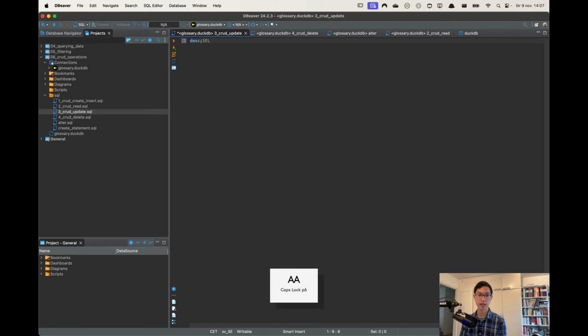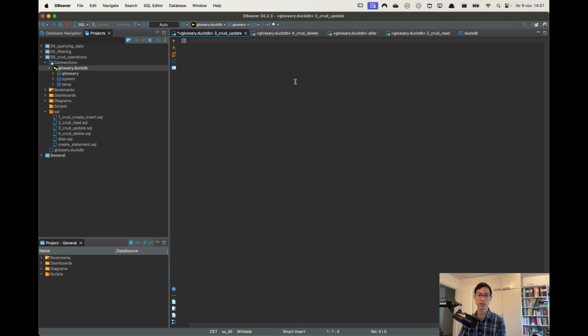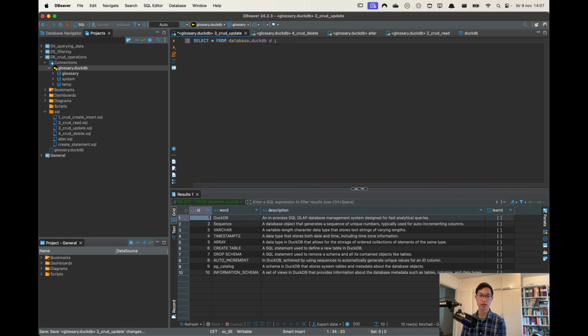So let's select. Oh, I need to connect this again. So I just double click it and it connects. Select star from database.duckdb. Run this one, and let's see that